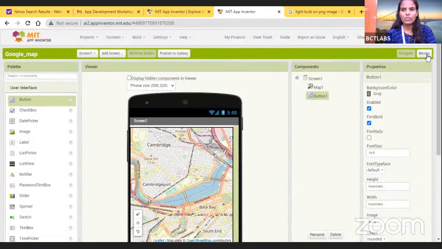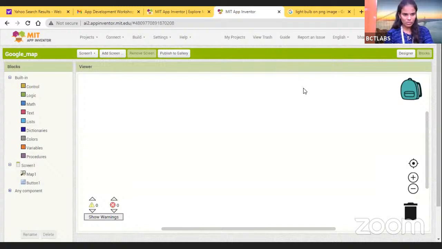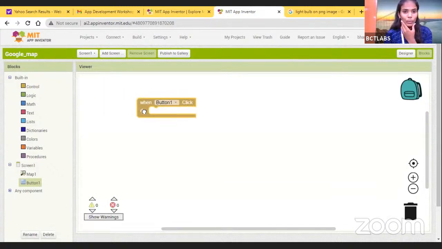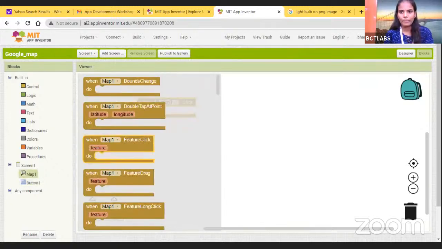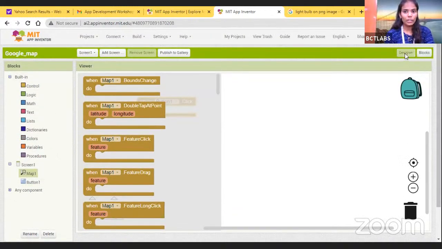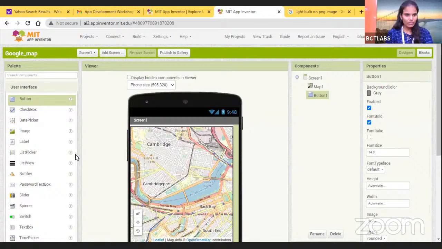So once you've done this, go to blocks. Button will be there. When button one is clicked, you have to get the information from your longitude and latitude, right? With that,